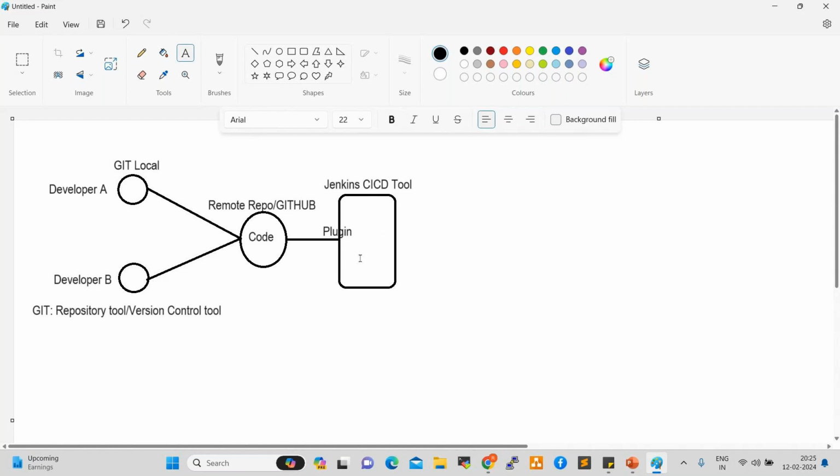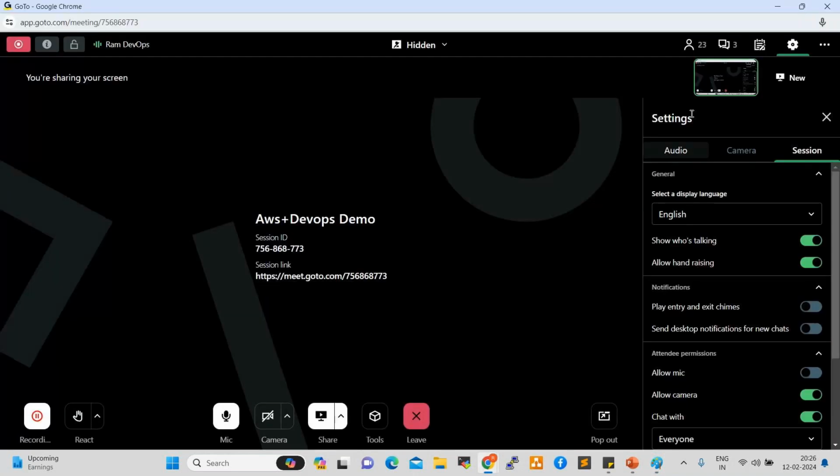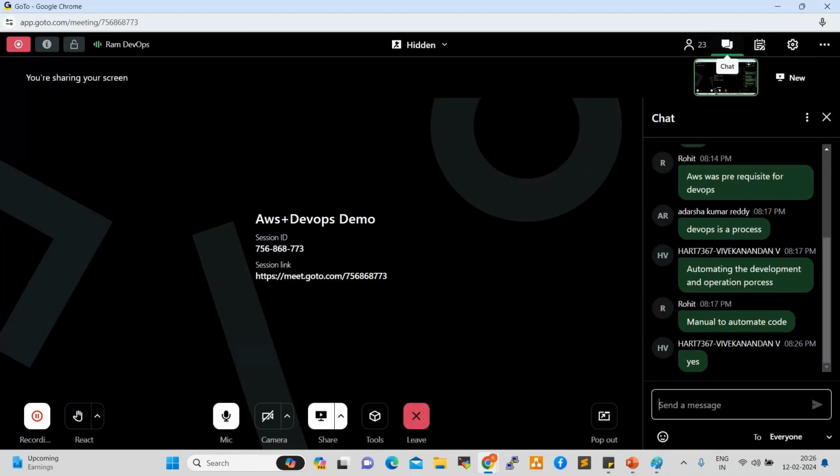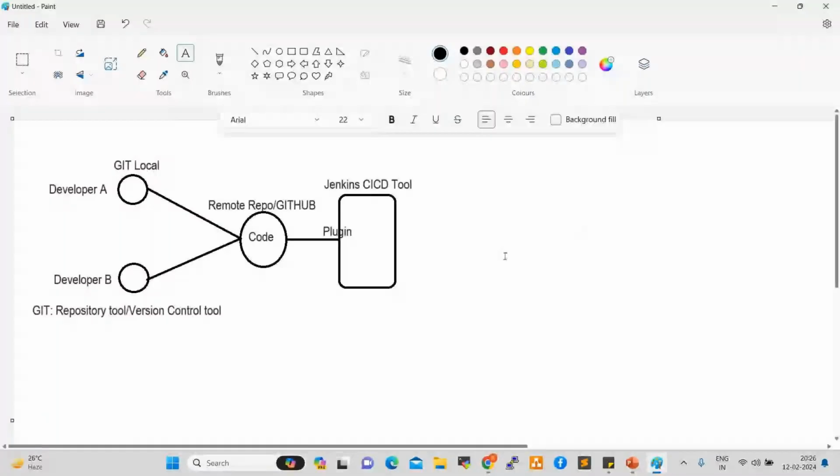Everyone following, right? Online guys, everyone following? Any confusion here? This is a very, very important flow. In real-time projects we use this flow; every organization, every project team follows it. This is the CI/CD flow. We can also call it the build and release process.